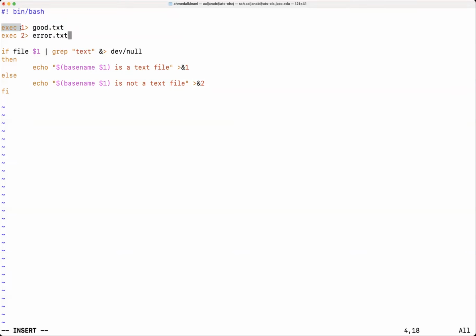This command here is going to be utilized a lot in this chapter. Every time you want to redirect your output to a file inside a script file, you have to start with the exec, and you tell it what file descriptor you're working on here. So this is for the standard output, this is for the standard error, and that simply means whatever message you're trying to send to the standard error or the standard output, you associate that with the files that you see here.